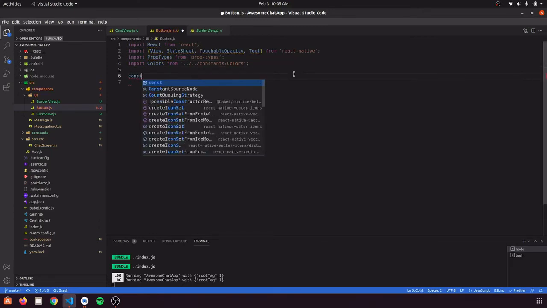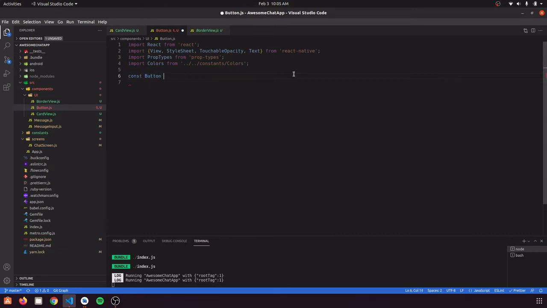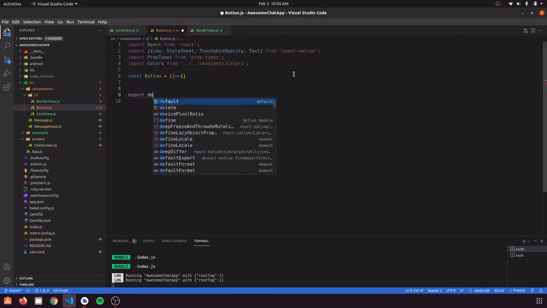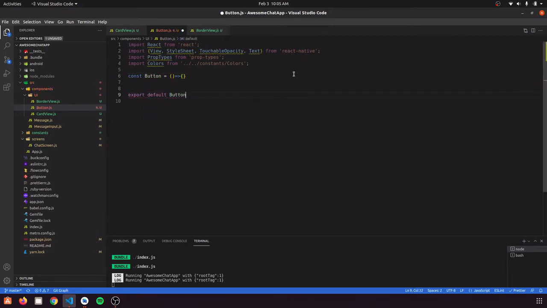And let's just start by defining our button and export it by default. And let's just start defining some styles.